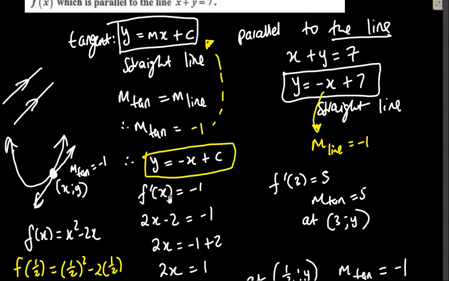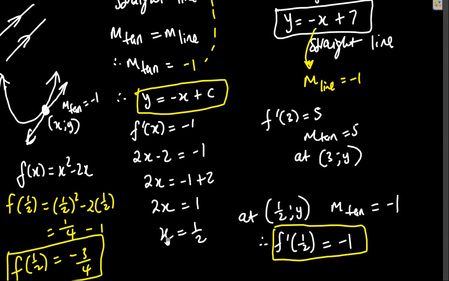At what x value is that happening? So you find the derivative of f first, then you solve for the x value at which the gradient is -1. Once you have that x value for which the gradient is -1, you now know